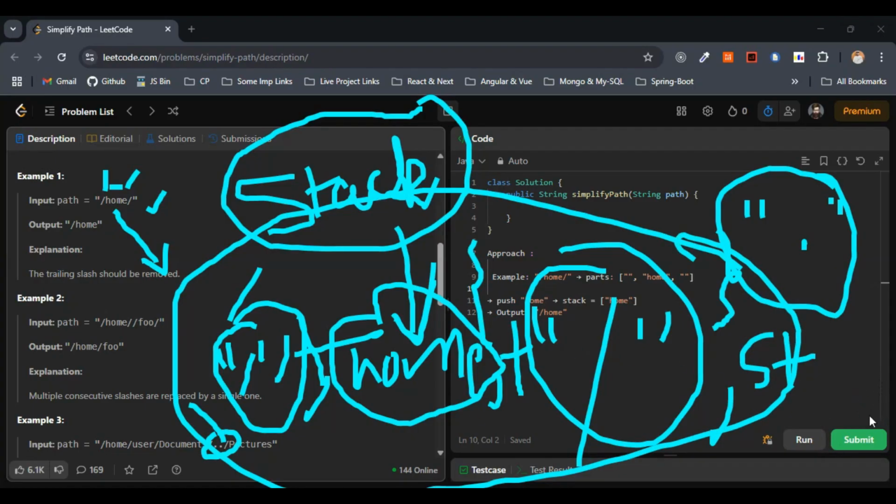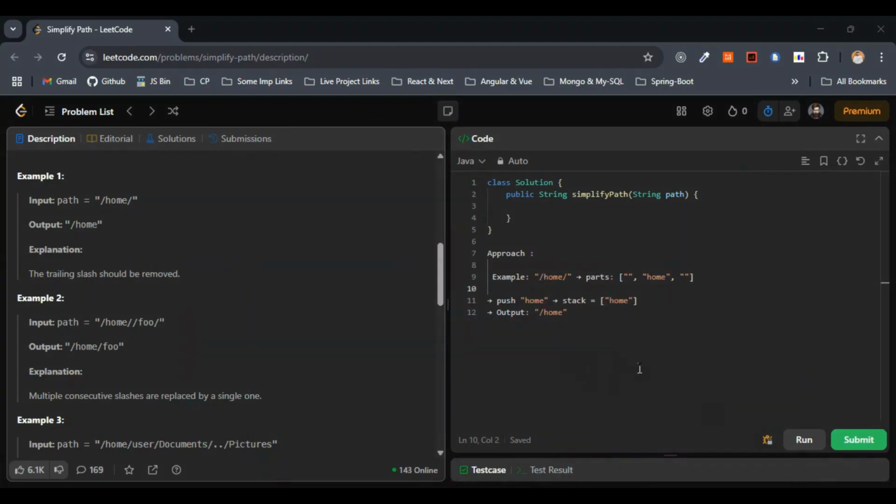So I hope this part is completely clear, easy to understand. This is the reason we'll be going with the stack. I hope the approach part is completely clear. Let's consider the example accordingly with the approach that we discussed here. So we have slash home. Parts is nothing but, first, as we have discussed, the empty string, home, and